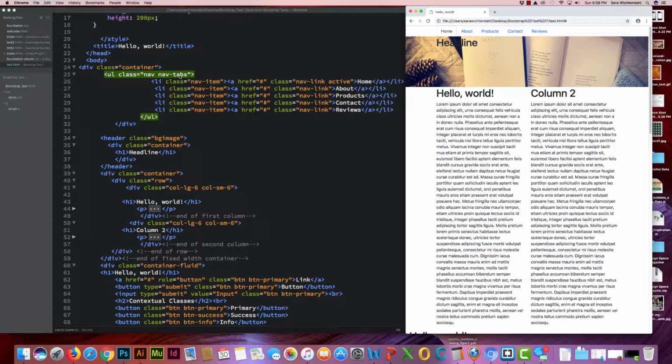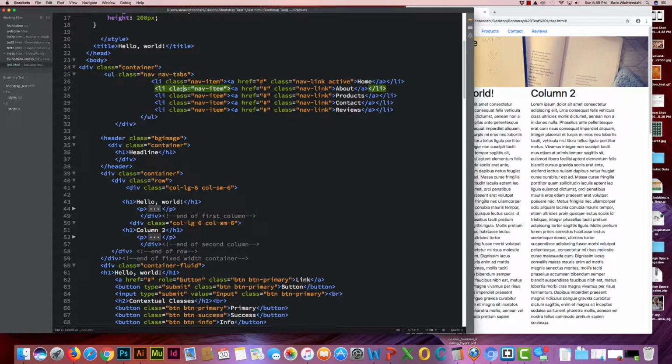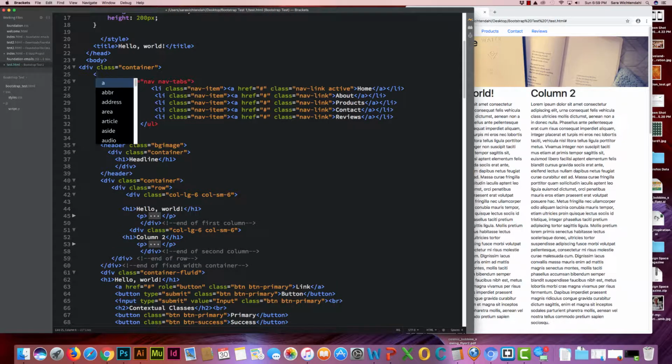So a standard navigation bar is created with the nav bar class, followed by a responsive collapsing class, such as nav bar expand, and then you give the size: extra large, large, medium, or small. So that's saying what size screen you want this to go from an expanded nav bar into that collapse. So to go ahead and turn our current list items here into a nav bar, we're going to have to place it inside something with a nav class. So I'm going to go ahead and open this up, and I'm going to create our nav tag, and I'm going to give it the class of nav bar expand small